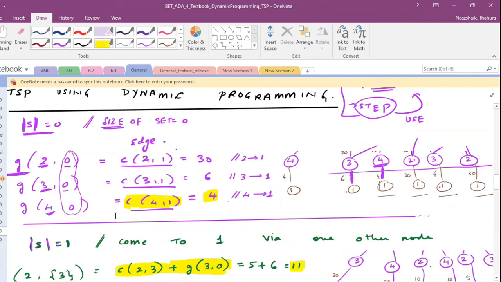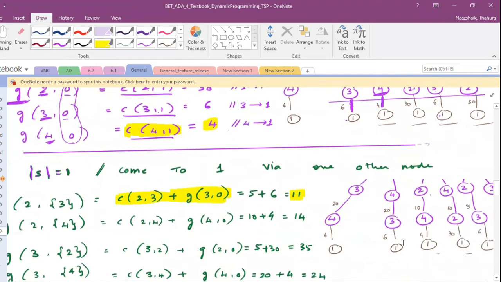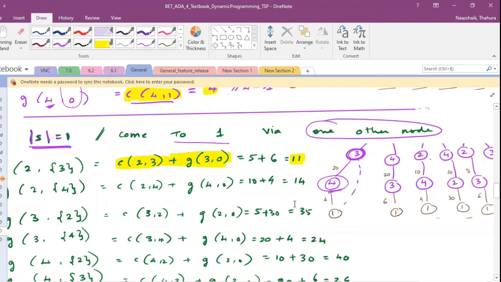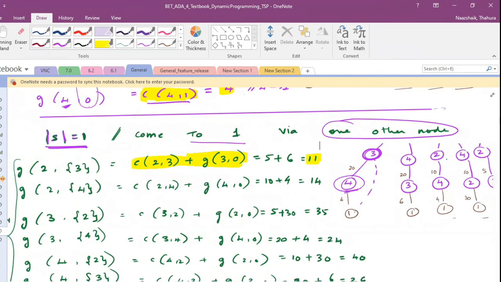Now, if you come a little up, right? You come one step up. So what this means is you are trying to check the vertex through which you will be visiting 1, but having at least 1 vertex in between. That's what it means. Now, your size is 1 means to come to 1, you have to go through one other node, right? You have to go through one other node. So how do you write? Just look at this graph and you can write the formula, right? So you have combinations. You have 2, 3, or 4. These are the choices you have, right? Now, you can go from 2 to 1 via 3, or you can go via 4. These are the 2 options you have.